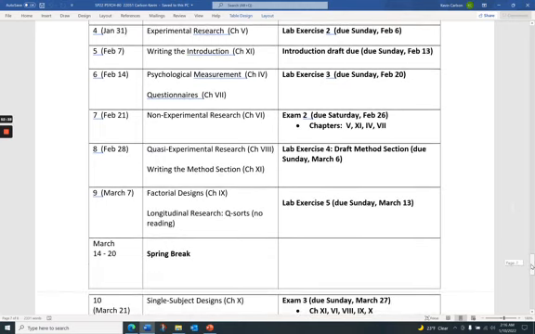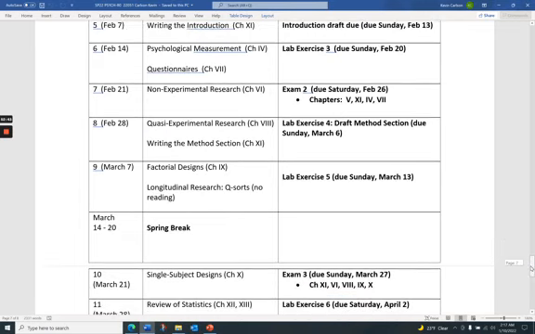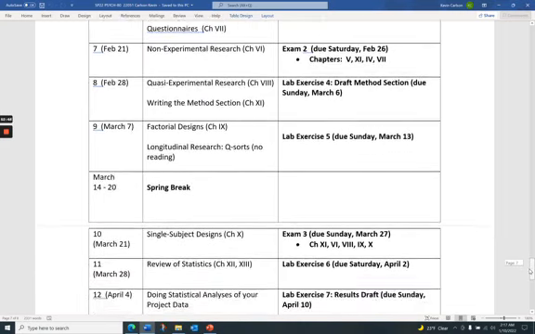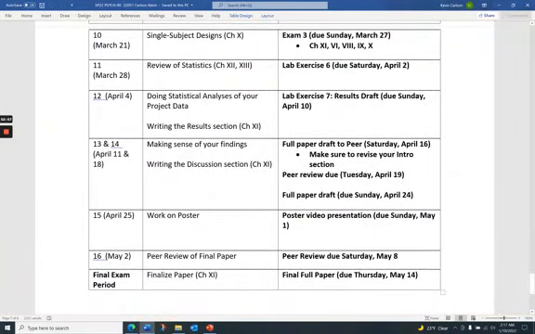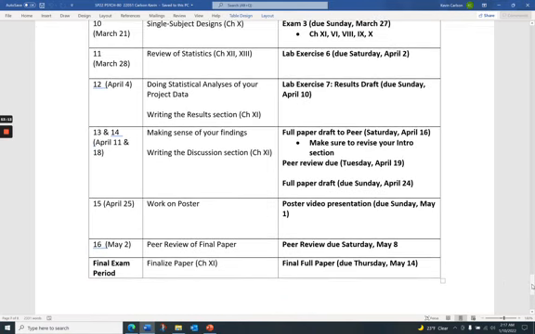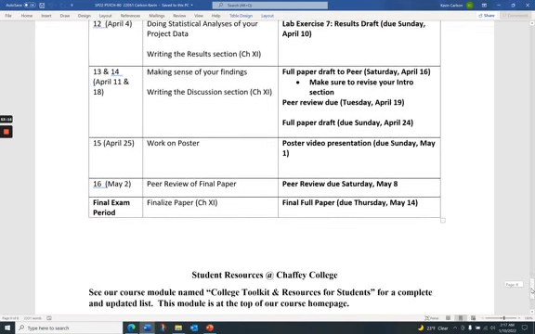So you see here that we have again a lab exercise or an exam or some sort of writing each week. And again, I'm not going to go through each of these weeks because we'll go through this as we go through the semester. I do want you to see that we will be finished with our exams by March 27th. So March 27th is our last exam, the third exam. Why? Because I want to give us the rest of the semester to work on your research projects. And so you'll see here that I'm going to be supporting your research projects as we go through each week.